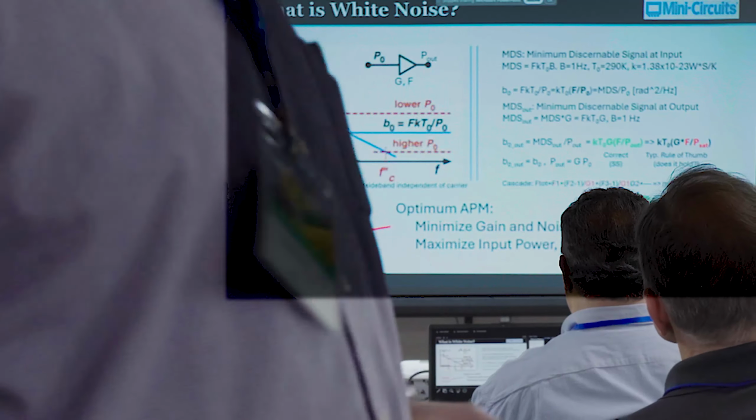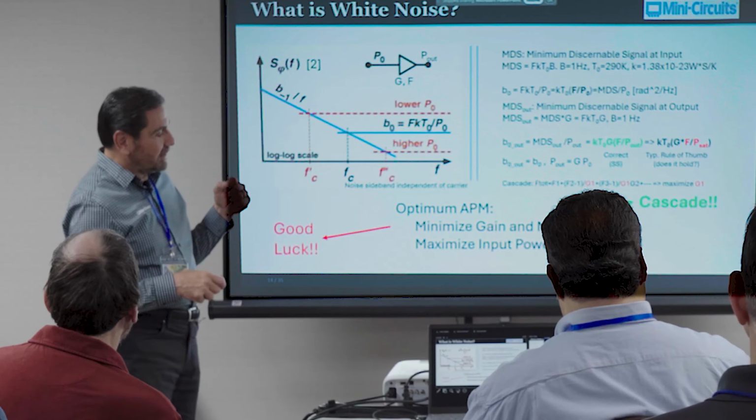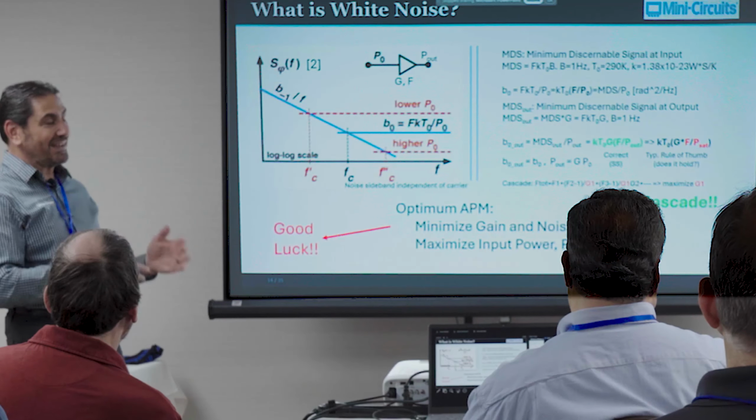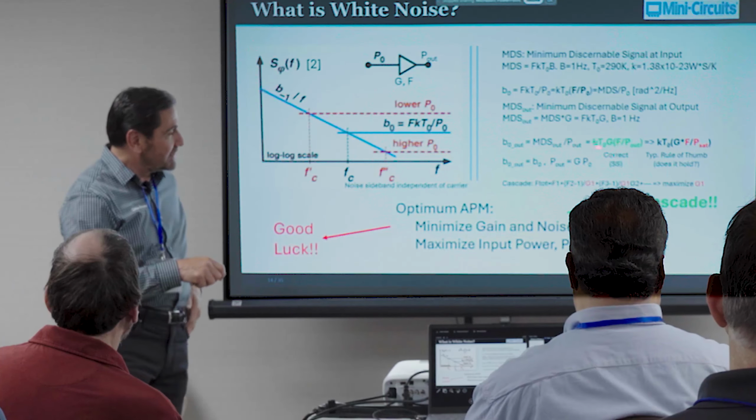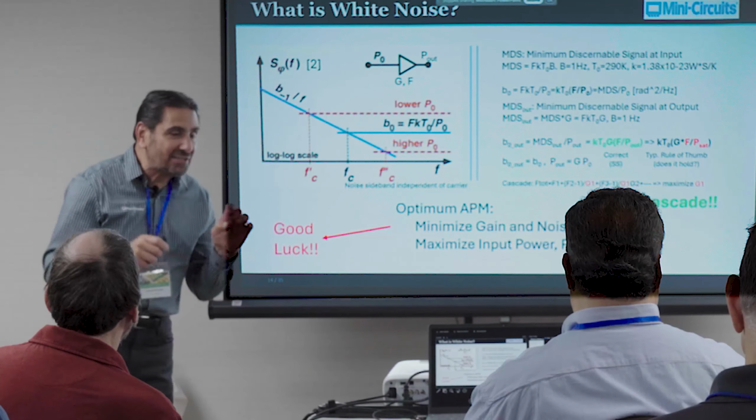If we take it through the output of the amplifier, we can define a B0 and an MDS at the output. It's just multiplied by the gain. And if you look at B0, the power spectral density of the random phase on the output of the amplifier, you see it's the same thing, it just has a gain term, and it's P out. This leads to